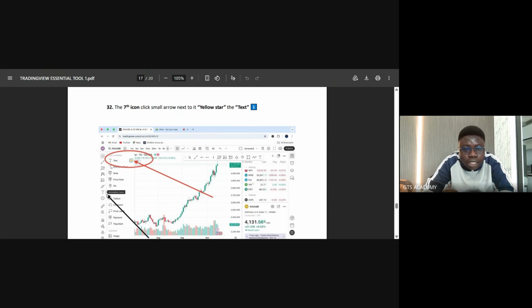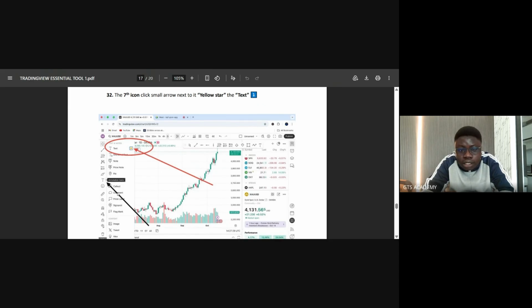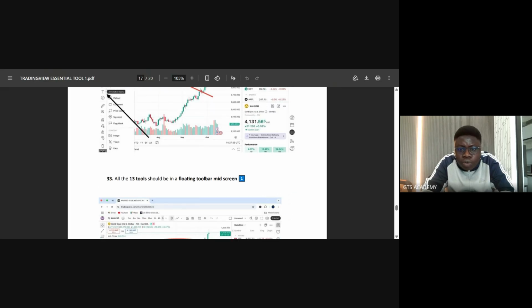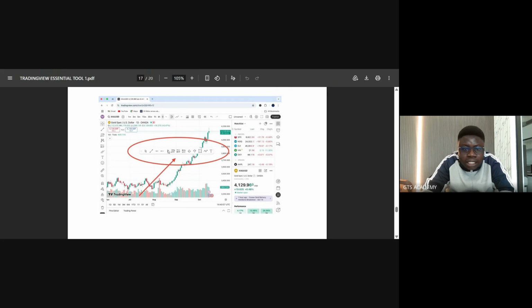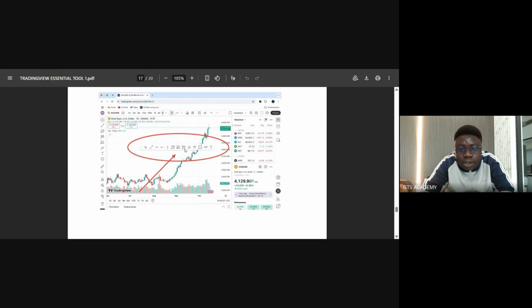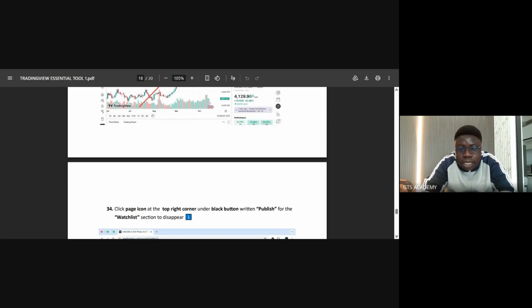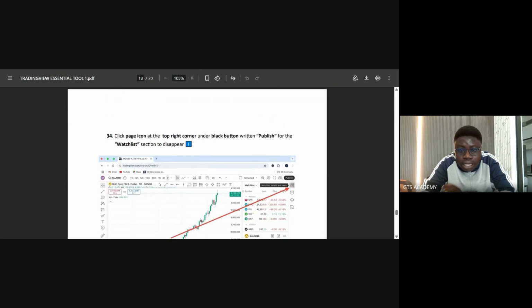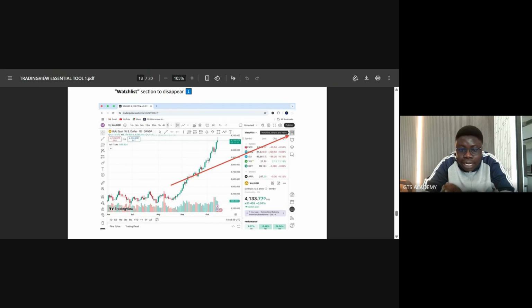I want you to go to text, then click on the small arrow next to T and just highlight the star text. It's the one at the very top. Now, look at the top of your screens. You should have at least 13 floating toolbars as shown. After you have seen all these 13 floating toolbars, these are the very tools that you will use to analyze